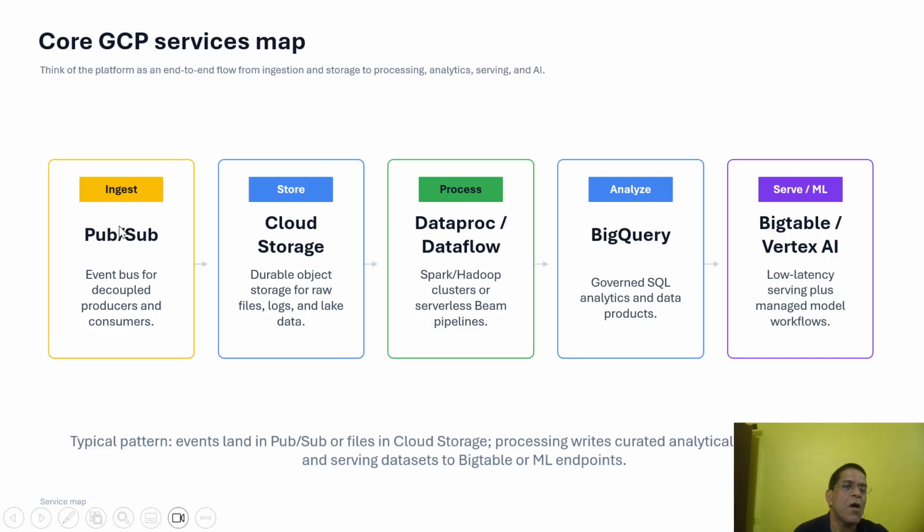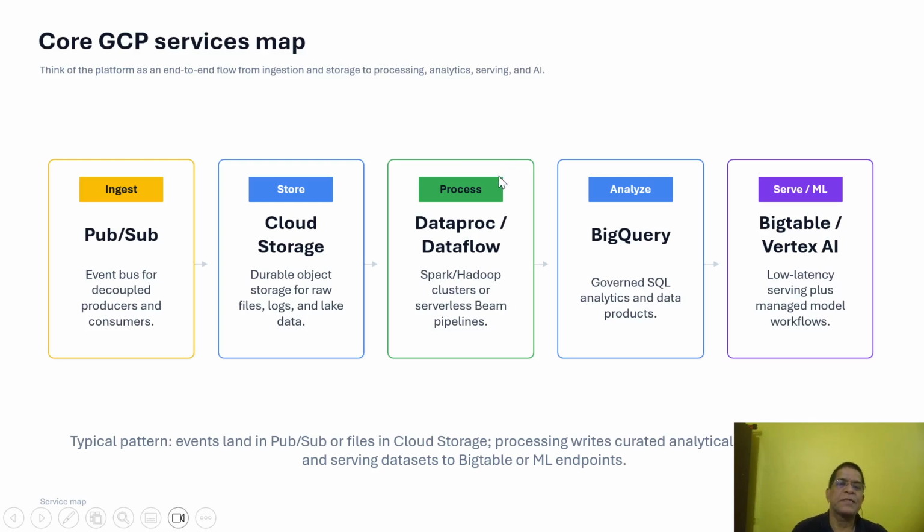We'll see how data is ingested through Pub/Sub, and from Pub/Sub it goes to cloud storage, stored for raw files, logs, and lake data. From there, it will go to Dataproc or Dataflow. Dataflow is the pipeline. Dataproc is the platform where our Hadoop and Spark clusters are there for data processing,